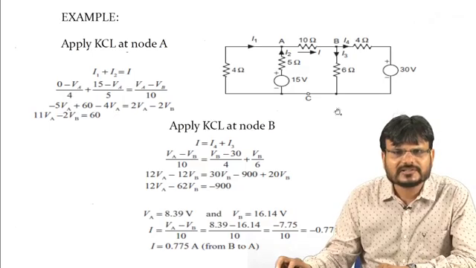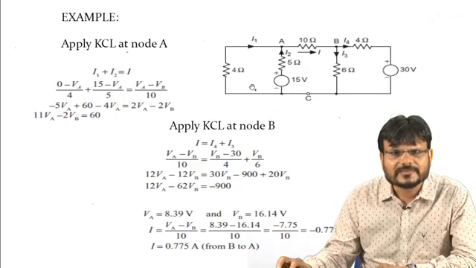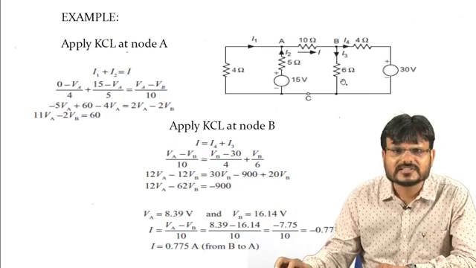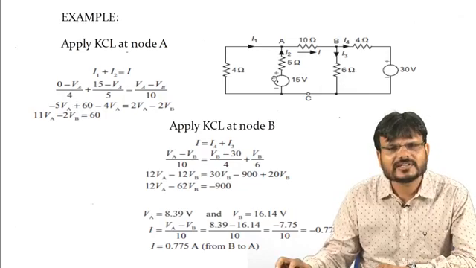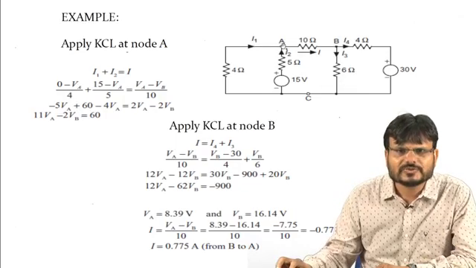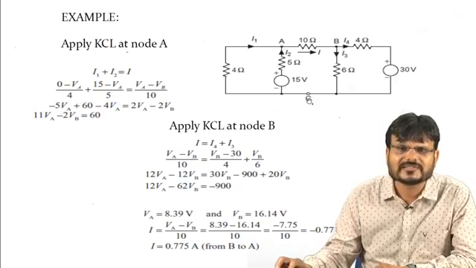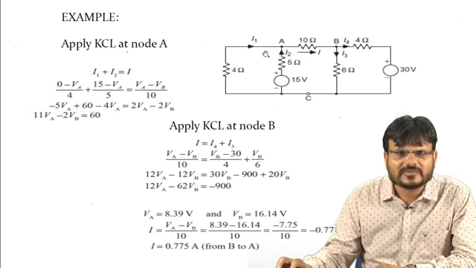Here you can see in the diagram there are 3 meshes: this mesh, another mesh is this one, and the third mesh is this one. Here you just have to apply the node analysis. Again there are 2 nodes, one is A, this is B, and this is a common node where a number of branches are connected. So you apply the KCL at node A. At node A, I1 is incoming current, I2 is also incoming current, and I is outgoing current.